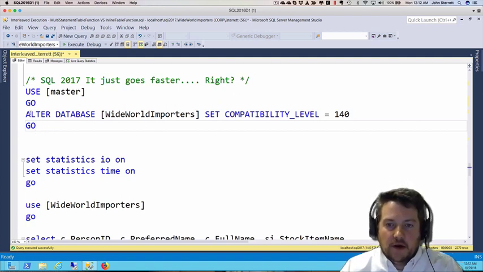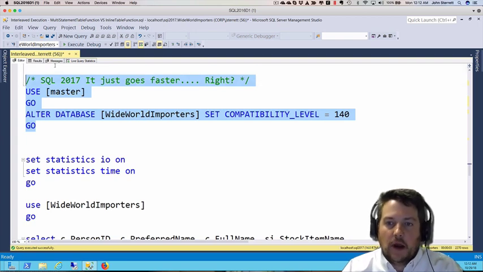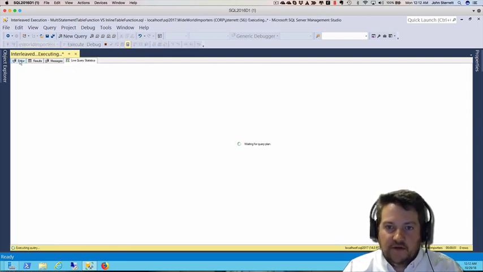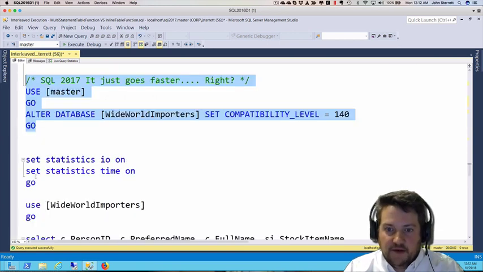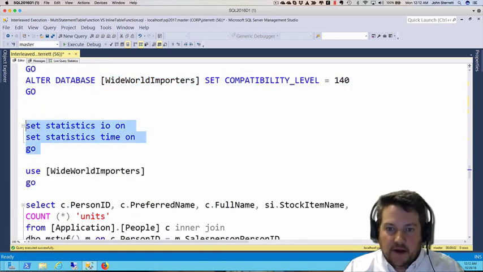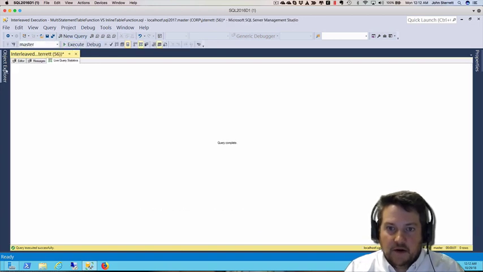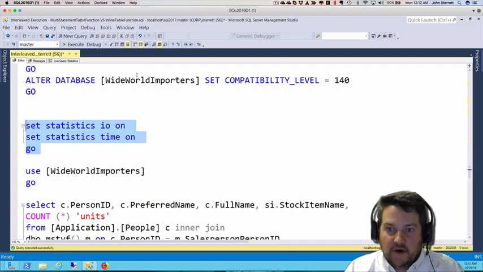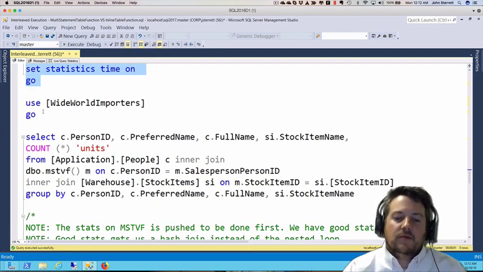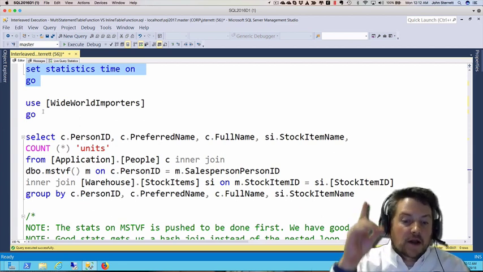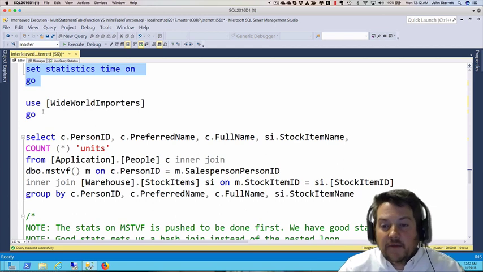We're going to change the context of our WideWorldImporters database so that we are in compatibility mode for 2017. Now we're going to put on our set statistics IO and time, and we have our execution plan going. And now we're going to run the same statement we did in a previous video. So if you don't remember, you can click up above to go back and see that